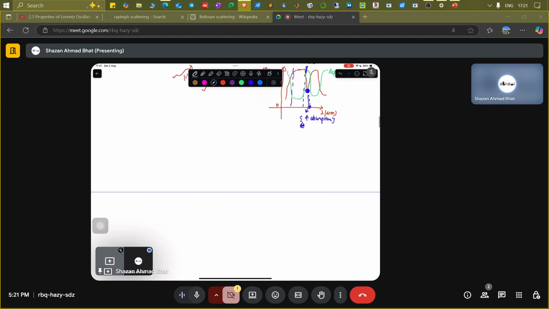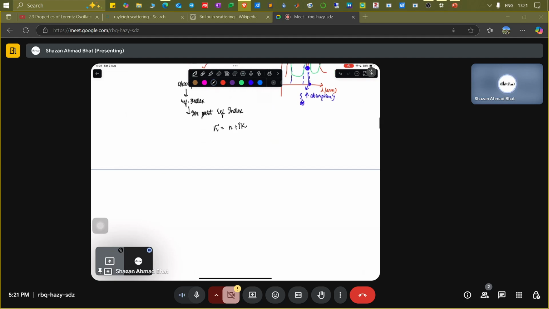Now, for example, you talk about the refractive index. This absorption is determined by the imaginary part of the refractive index. You know that the refractive index is n plus iκ, let's say we call it kappa. And you can write the absorption, which is, let's say, μ, to be equivalent to 4πκ over λ. This is the relation between the absorption coefficient and the attenuation coefficient. This is the absorption coefficient,